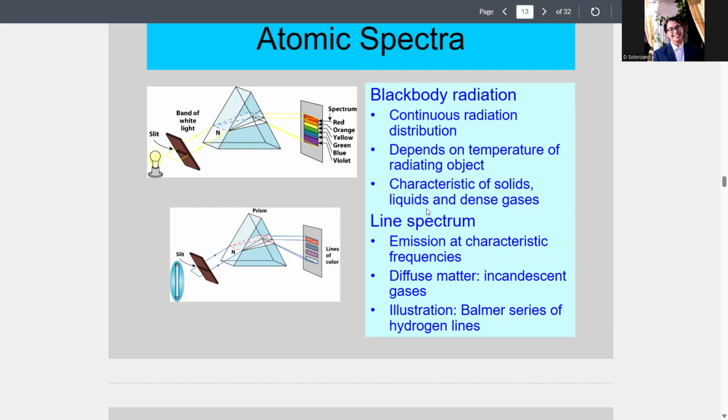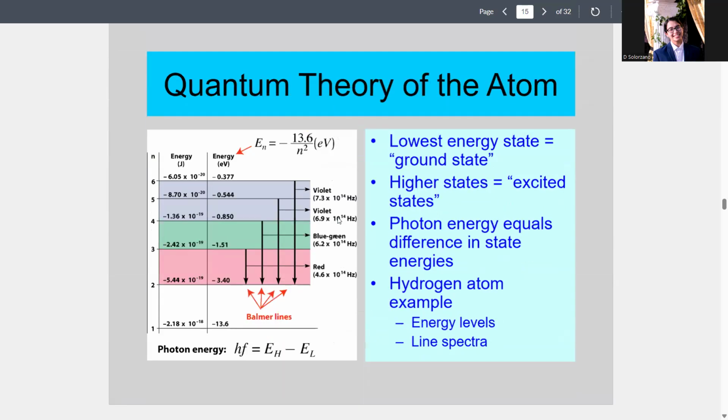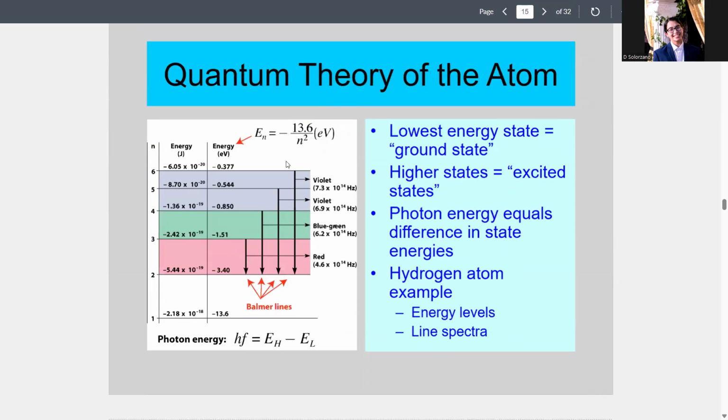Then we have the line spectrum, also known as the Balmer series or emission spectrum. This is a video that we watched in class where we saw that there are different elements in this lamp here, and then we pass it through, in this case, a slit and a prism. For us, it was a spectroscope, and that separates out different lines. We see Balmer's lines for hydrogen here, where we get basically three different colors for hydrogen based on the energy levels that the orbit has.